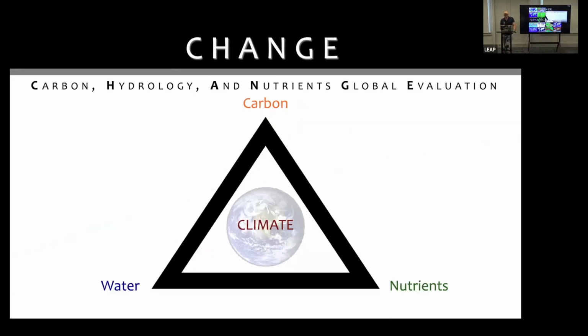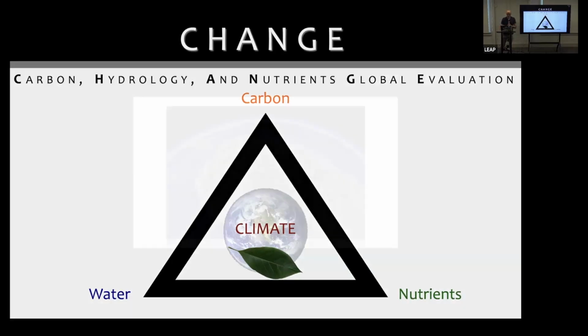So when I first came to NASA, before I was at Chapman University and Hydrosat, my company, I developed a program called Change. This was when Obama was president. He had this whole change slogan. So I was like, oh, I got to have my own change thing. And so I'm really looking at how water, carbon, and nutrients interact with climate and how climate feeds back from an ecosystem standpoint. And so let's take kind of the crown jewel of ecosystems, the Amazon rainforest.